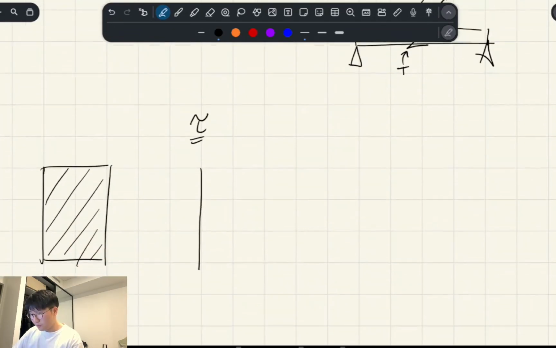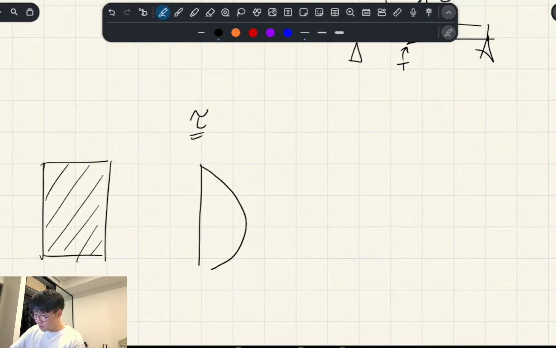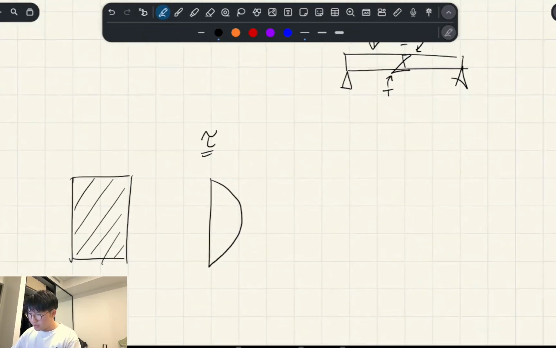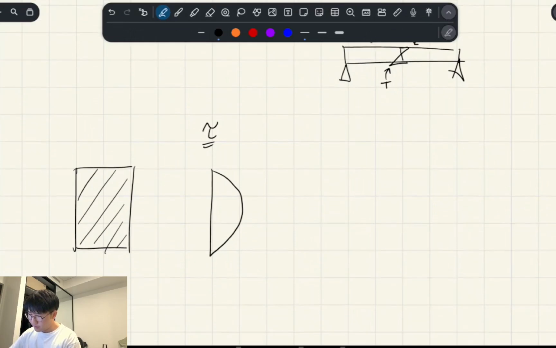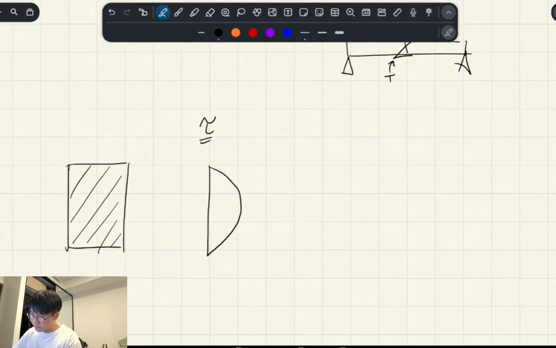For shear, if you were to map this, the distribution on a rectangular shape actually looks like this. And this is basically rooted in solid mechanics. Actually, I recently recorded a video for my solid mechanics class going through this in detail. So if you want a little recap, feel free to check out workshop 8 on shear for Eng 2400. That's on my channel. So in order to find this shear stress distribution, that's the neutral axis,